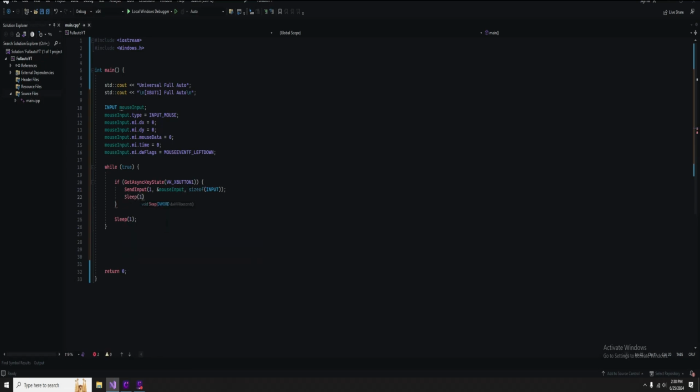And then we're going to sleep 1. If you don't have the sleep and you do another SendInput, what's going to happen is it's going to register so fast that the game's not going to be able to register that you did a mouse click in the first place. So just add a little bit of a delay there so it can register. So now we're sending a mouse left down to our game, and now we want to send a mouse left up, because we're not going to be holding it. We want to press on it, lift up, press on it again. So just change this left down to left up